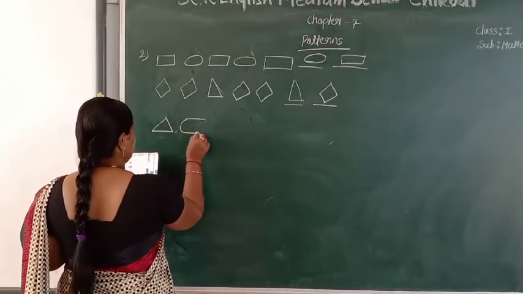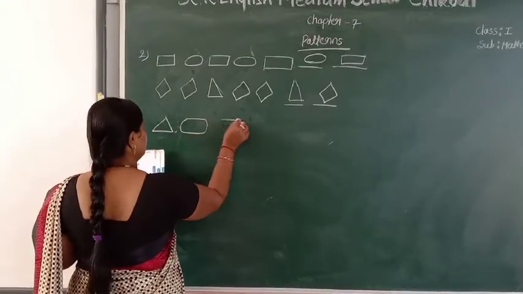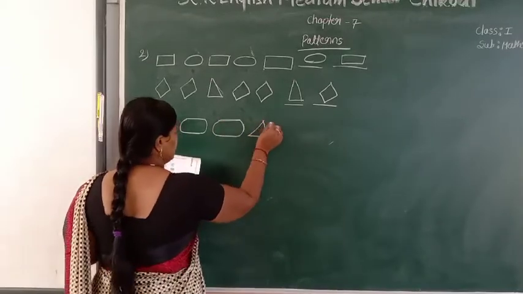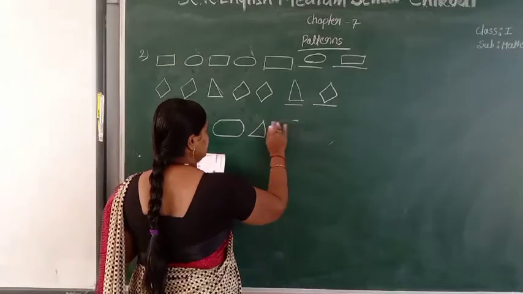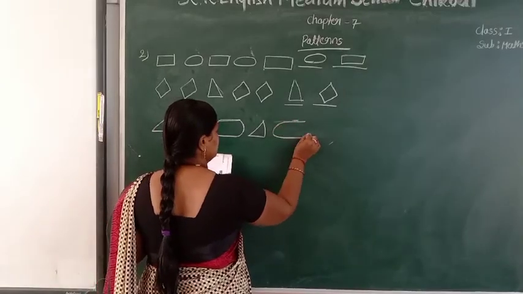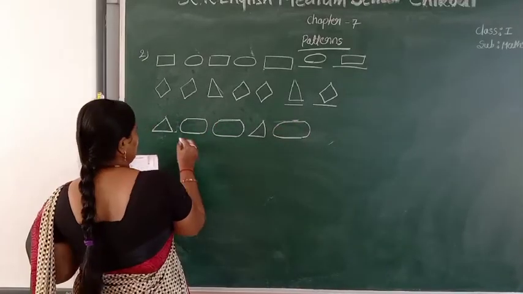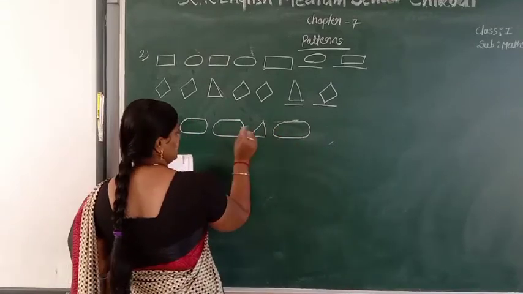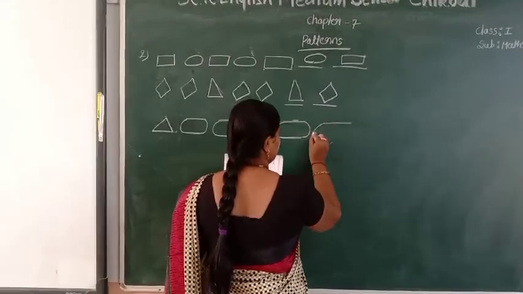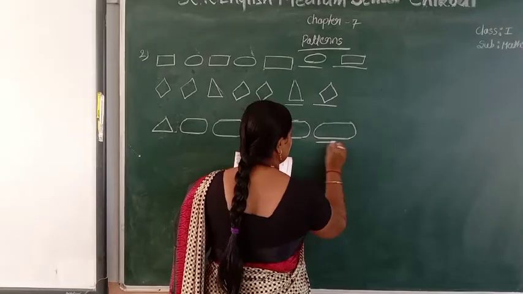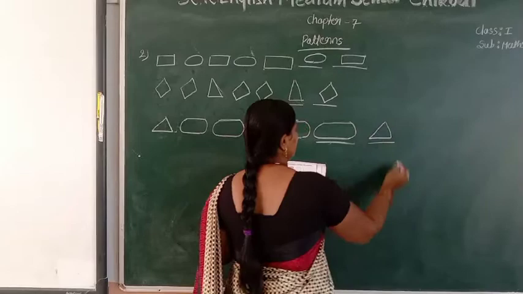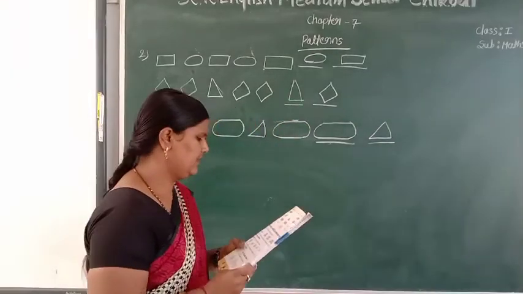This is one type of design. Again triangle. So next one, triangle, 2 shapes. Again triangle, one is there, so another one you have to draw here. Next one shape is this. After this, again triangle will come. Next,